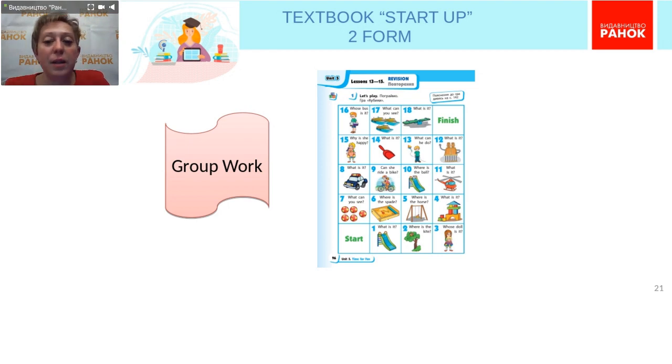And every unit of our textbook has got a game at the end. It's a kind of revision. These games are usually a good way to refresh the knowledge of the words, of some grammar structures, combinations, and they are not so boring for pupils. It's a good idea to spend time with fun and